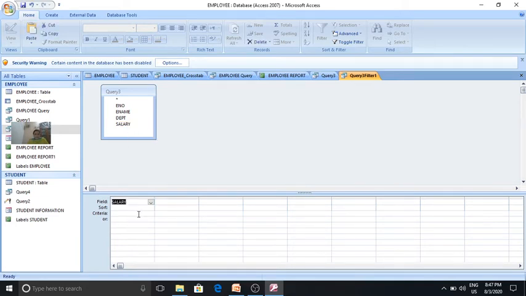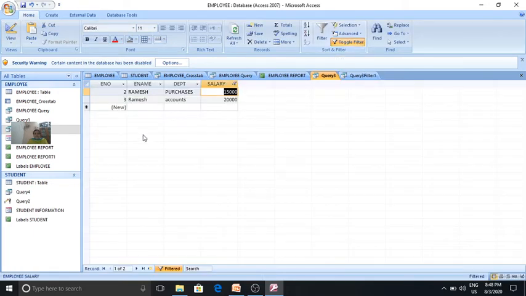There, write the criteria greater than 10,000. Then say toggle filter. So there are two records whose salary is greater than 10,000.